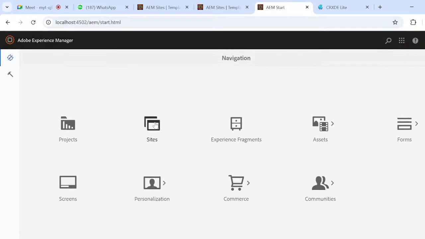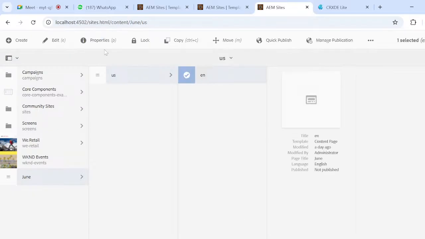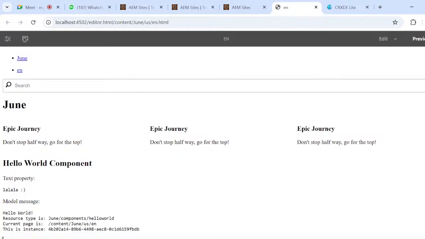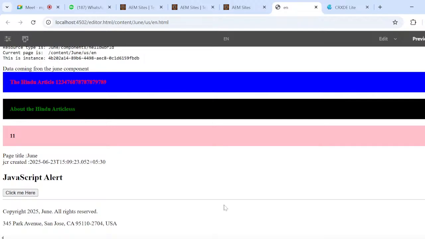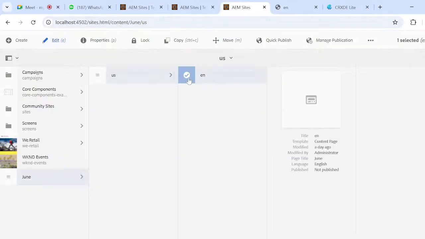For example, I would like to go to Sites, and there we have a batch June, US and EN. I'm going with the EN page, and I am authoring the EN page. Change to edit mode. Now this is the page, right? So here under the EN page,